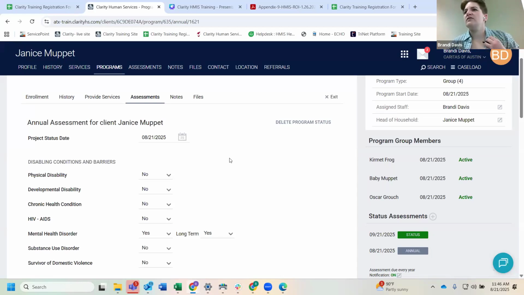Oh, okay. The cascading. Oh, gotcha. Is the status update post-dated? Because I know when we did an example, we post-dated it to September. So if you posted it to September and you're doing an annual assessment from August, it might be a cascading data situation. Programs in the training site aren't quite all set up as cascading.